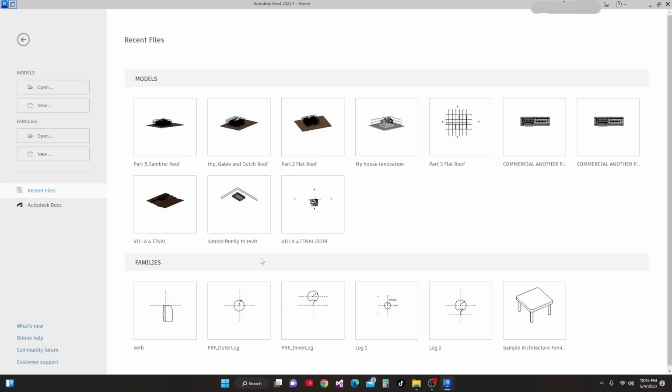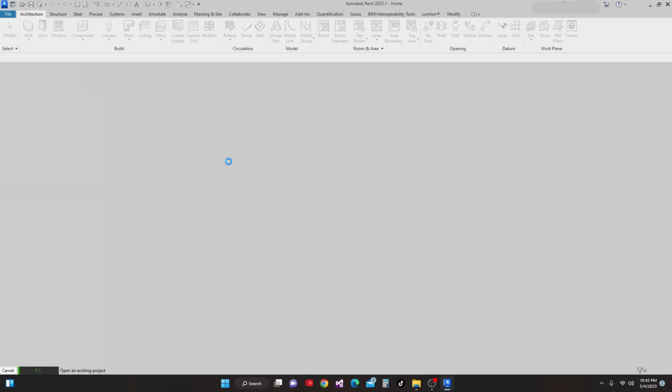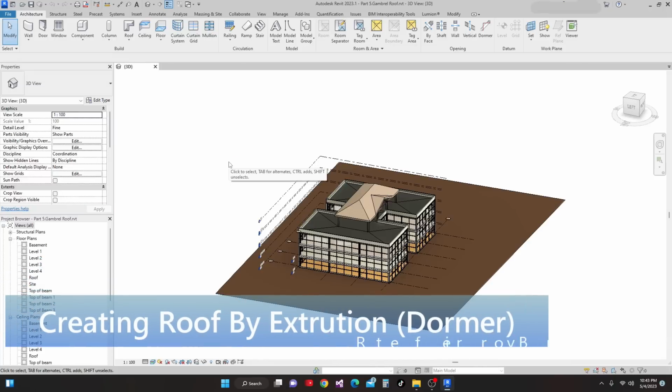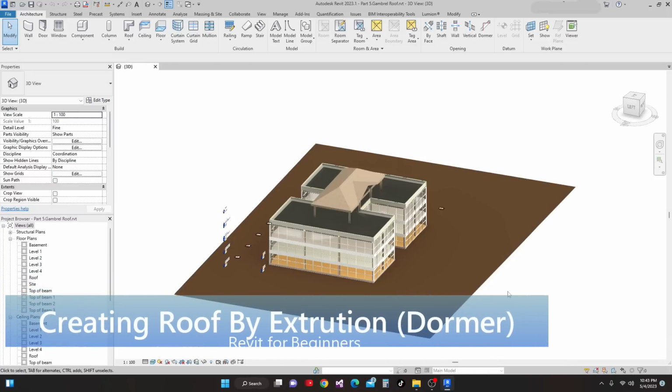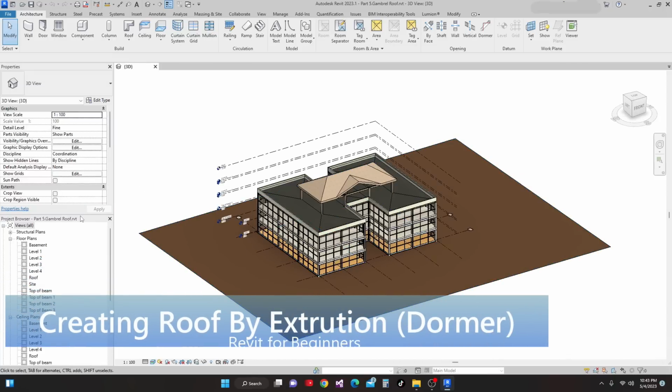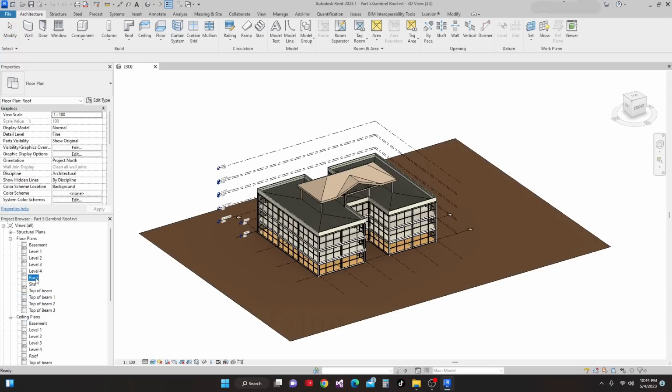Now my Revit is open, and next that I will do, I'm going to open this part 5 gambrel roof that we have created last time. I open it. Now it's open. Next that I will do, I'm going to open this roof from project browser. I will open this roof. I double click it,